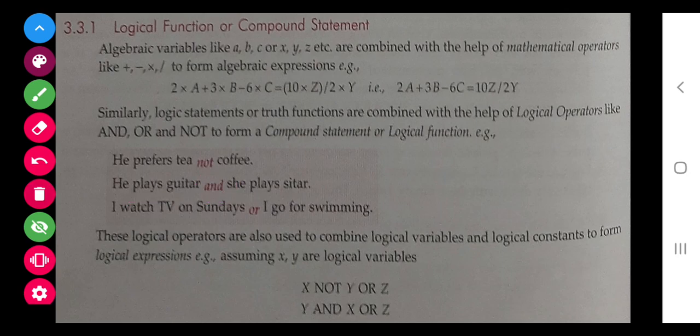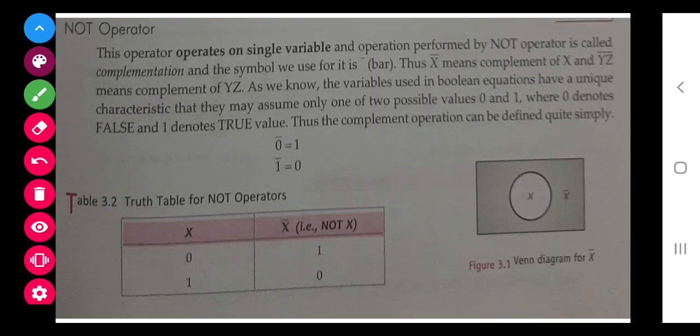Next, I watch TV on Sunday or go for swimming. Either-or condition. For NOT, the condition is not true. For AND, both the conditions should be true. And for OR, either of the conditions is true. So class, in this way we are going to study the statements, and we have to say true or false for the statement. First of all, let us start with NOT.